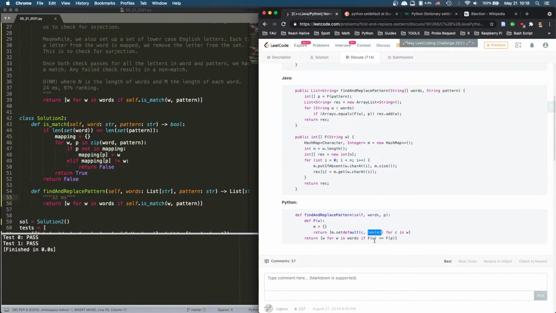And wait, what is this? Current length. So what we're mapping is at this word, this is going to return a number, right? A length. So at this, the length, the first appearance,